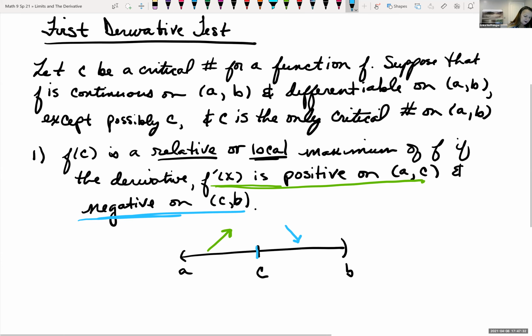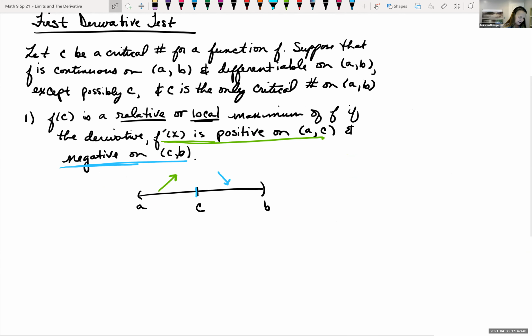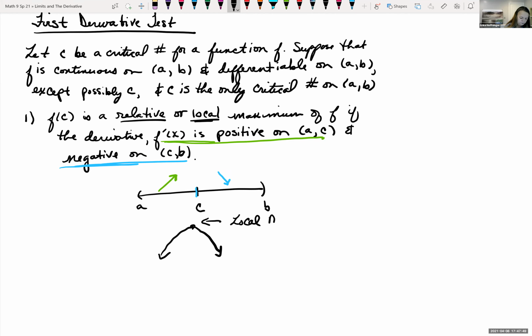So if we have something that goes up and then comes down, changing directions at C, we can see that that has to be a max. So it's going to be opposite if it's a min. We say that f of c is a relative or local min